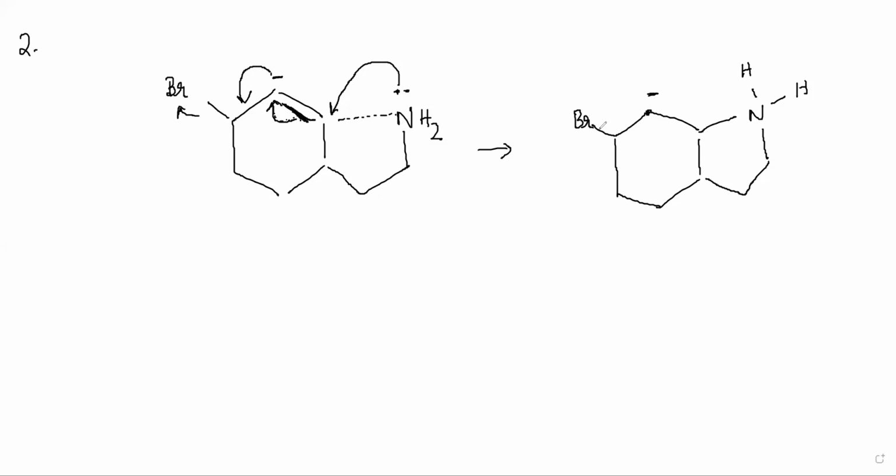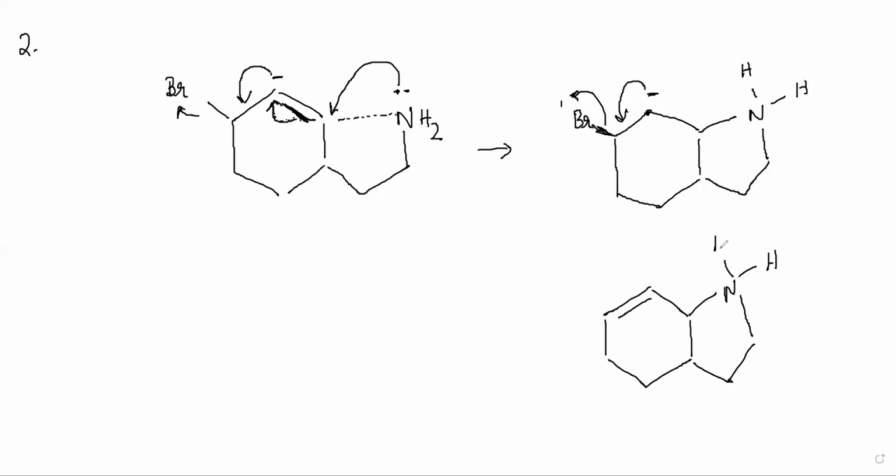So this bond can break and this can form a double bond here and this will come out, right? So what will happen is eventually a double bond here and it becomes like this, with NH2. This H can be positive as well. Which one is positive? The N, because it's from 4 bonds. N will be positive here.